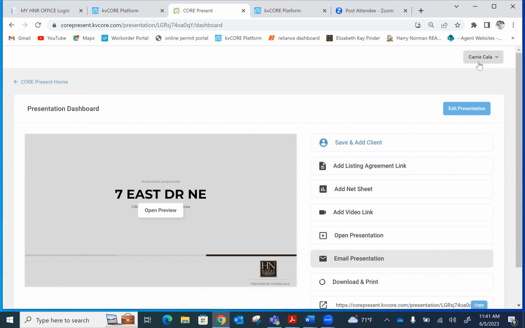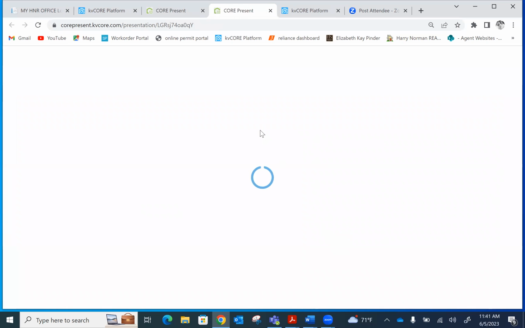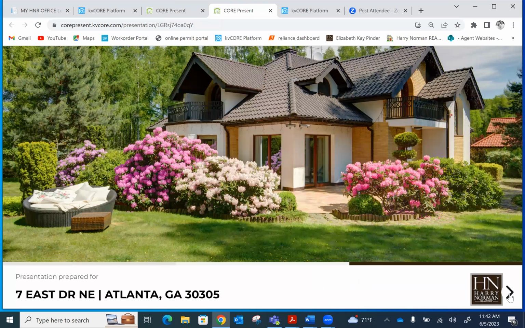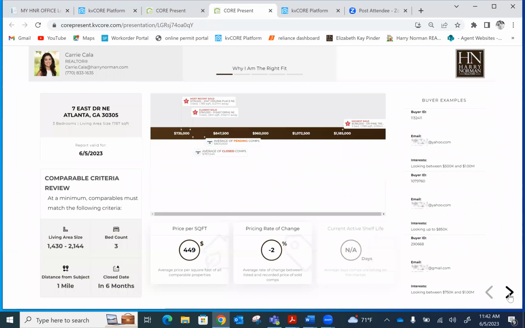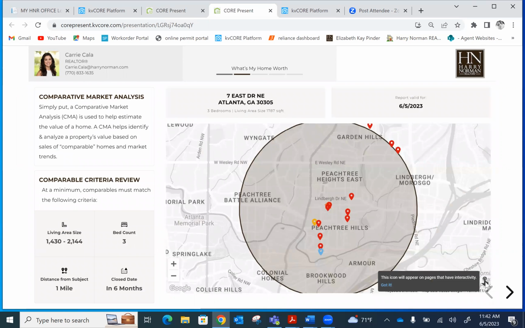And I'm going to suggest that you try to take advantage of CorePresent by using the web presentation mode. As you can see, let's open our presentation. And if you are using the web version, you can see it's not only beautiful, but any page that this icon appears on is interactive, meaning while you're making your presentation,